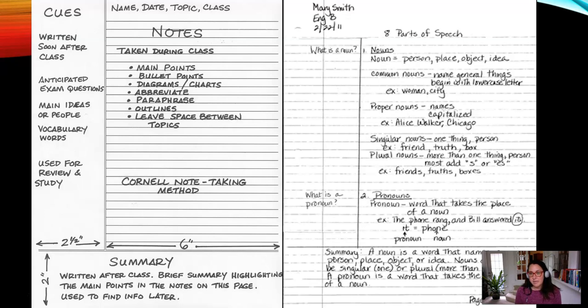So the topic of the day was parts of speech. What you can see on this page here is that the instructor covered 2 parts of speech. There were 8 parts, and there are 2 parts covered. One is nouns, one is pronouns. So in the notes section, as the instructor is talking, you take notes, you write down, okay, nouns. Here's a noun, there's a definition, and then some examples of common nouns, examples of what this means,